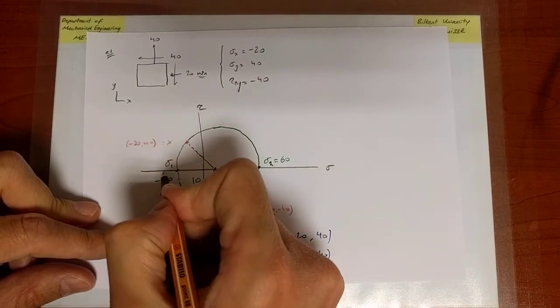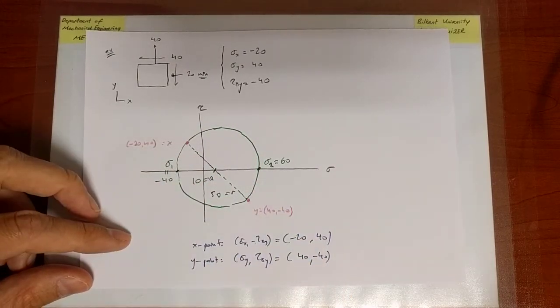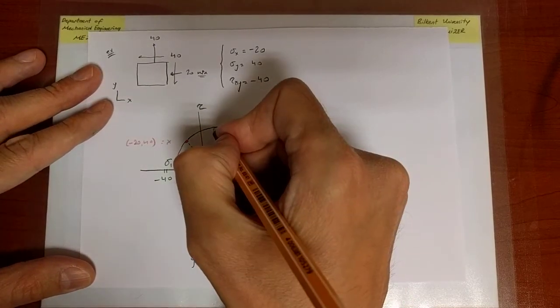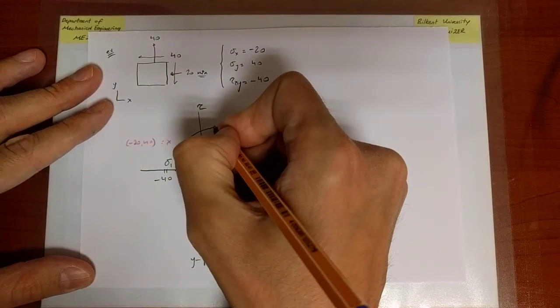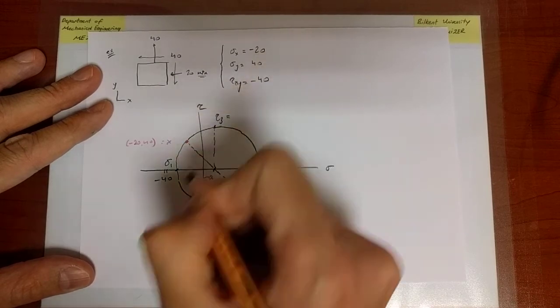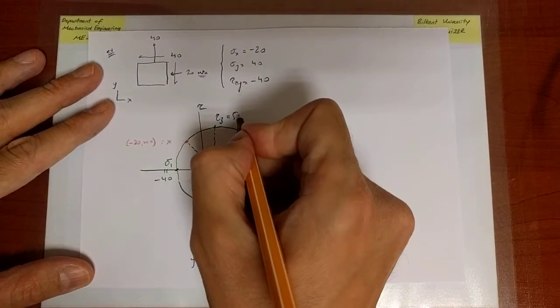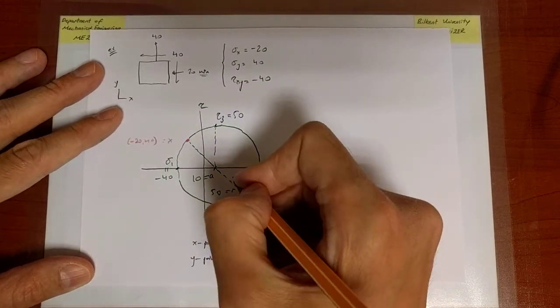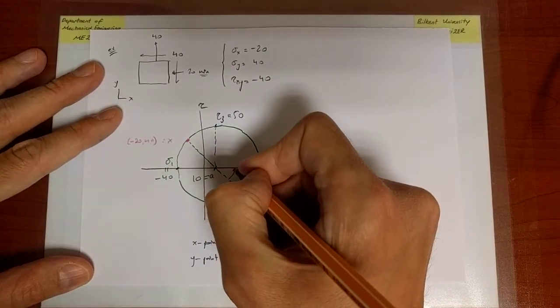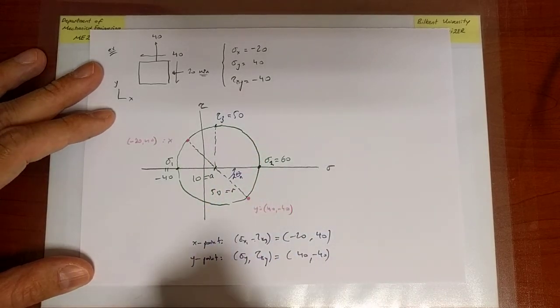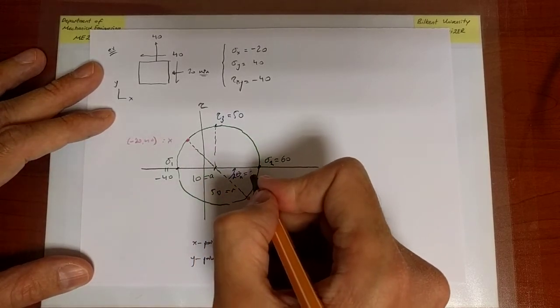So that is, with my notation, sigma 1. And the principal shear stress occurs over there, that's tau 3, and that's going to be equal to the radius, which is 50. And so this angle over here is twice theta n, and so you can calculate twice theta n to be